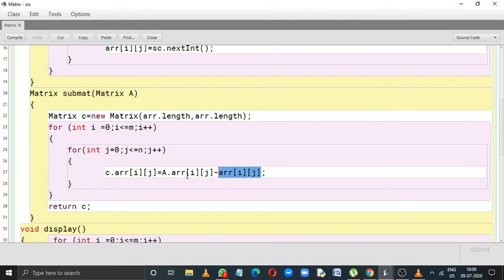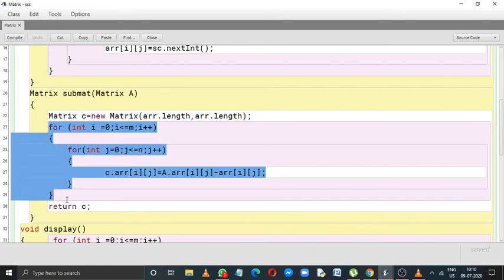So we are subtracting the first matrix from the second matrix's value, and we are storing the result in the corresponding position of the third matrix. So we have successfully done the subtraction of two matrices and stored the result in the third matrix C after completion of this nested loop.